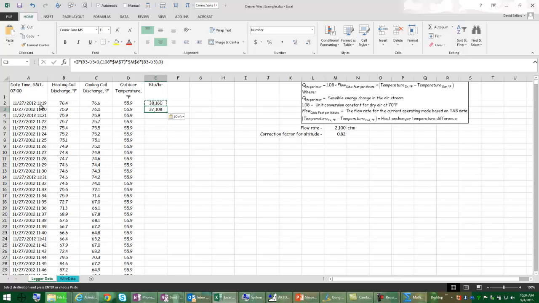But sometimes loggers hiccup, or if you're using trend data from a building, the controller's down for an hour. And if I say it was down for an hour and I divided by 60, that wouldn't be right anymore. So I usually build a little formula that uses the date stamps to come up with the sample interval, just in case there's a hiccup and there's actually more than a minute between samples or the data set isn't consistent. So the sample interval